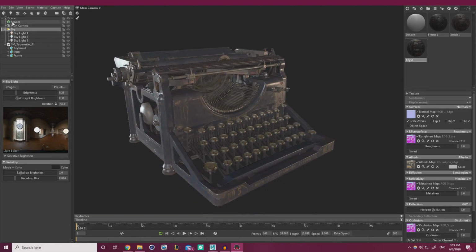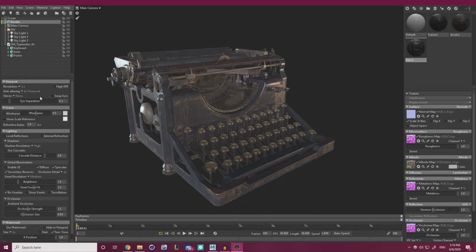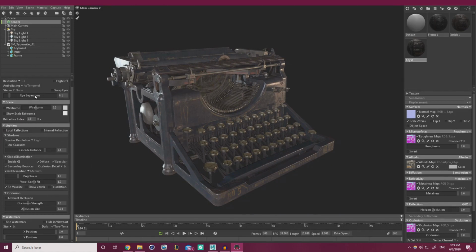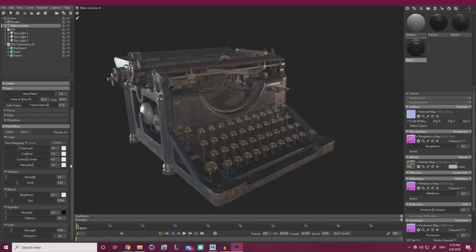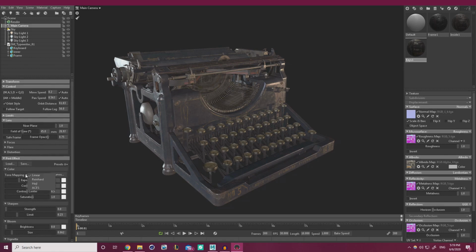One thing I want to do before we get too far is actually in Renderer, and we'll be going over a lot of these settings soon, but there's a way to set up our color profile, or perhaps it's camera. Right, okay, so here, under main camera, tone mapping,